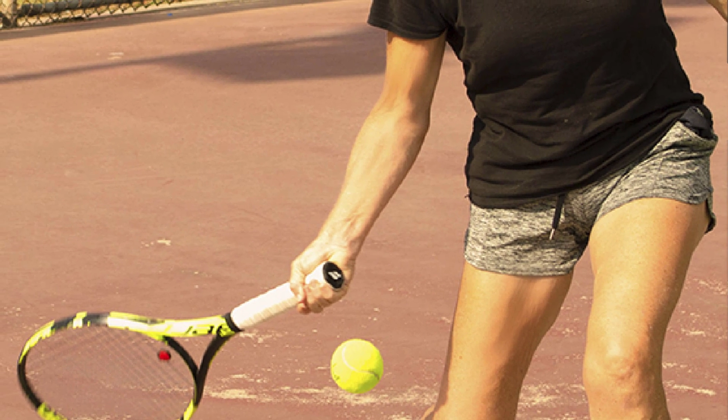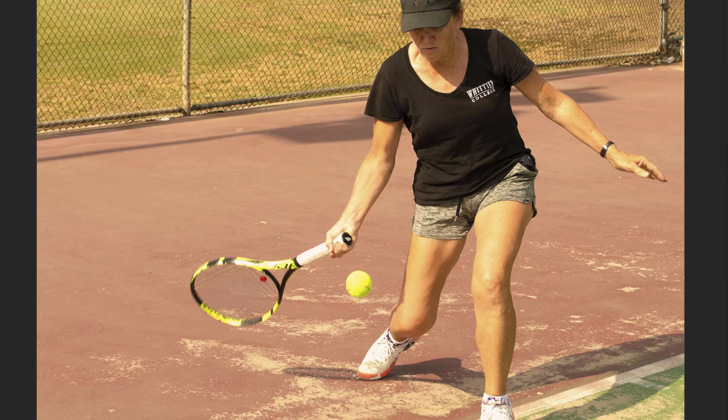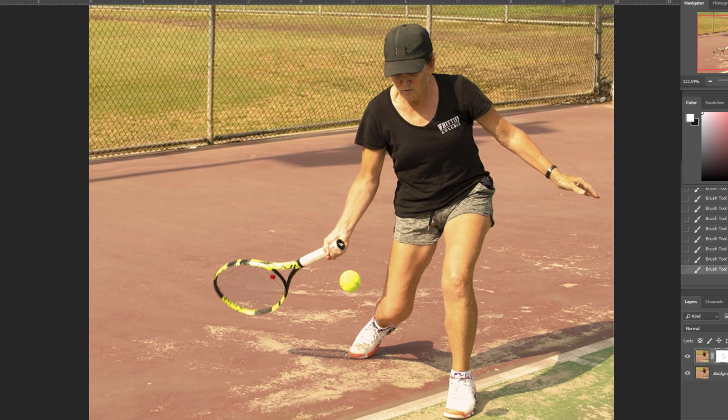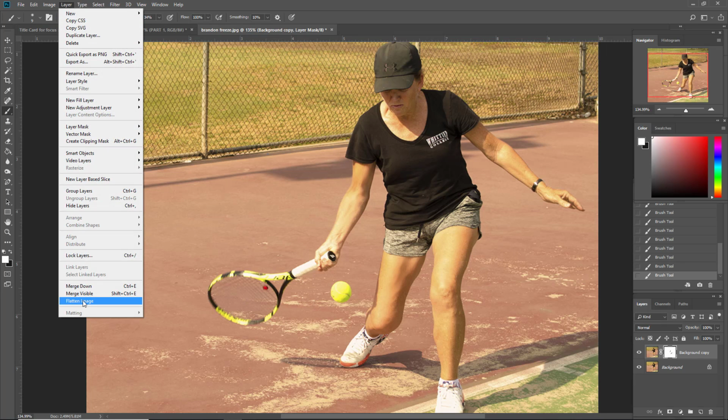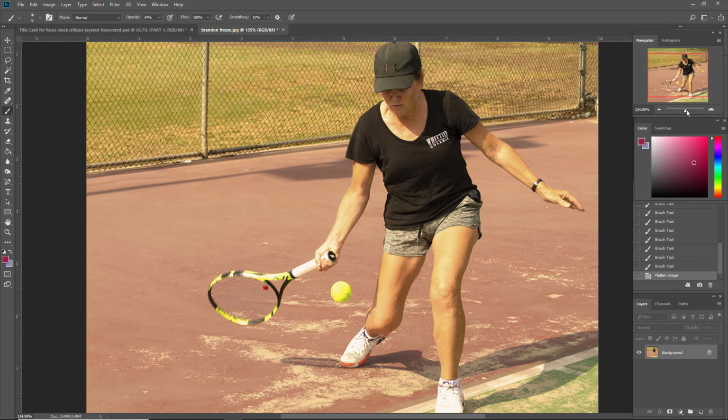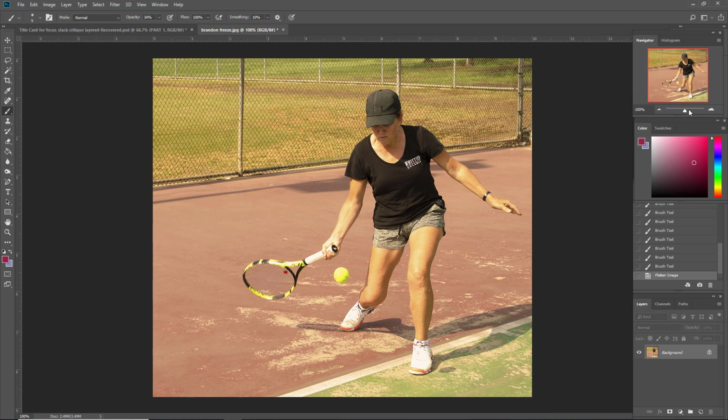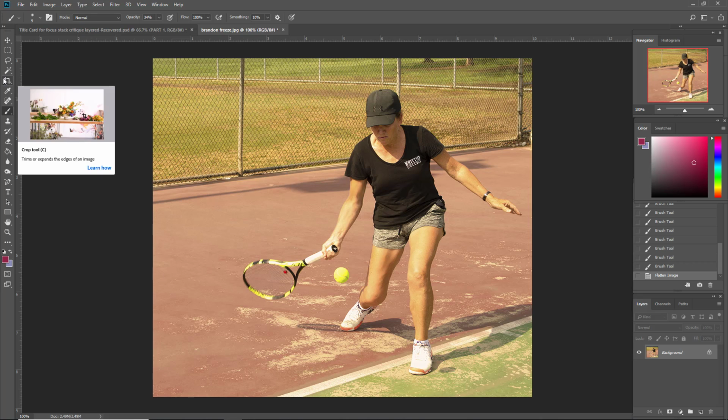So now, when we back out to see the whole thing, we've done some nice things to our lady tennis player here. Okay? So this is a very quick review or preview of one of the ways that you can do some subtle photo retouching. Now we'll need to flatten our layer. And if we wanted to do anything else, like crop in,